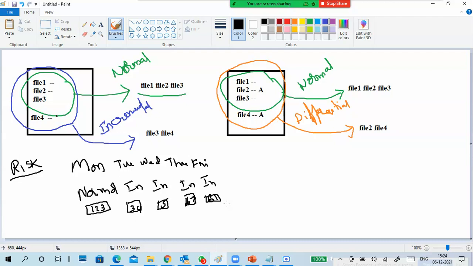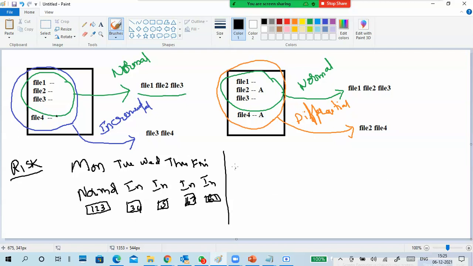So for incremental backup, the main important thing is no need to take a backup of what is already backed up. Okay, and it saves the space in the backup location.